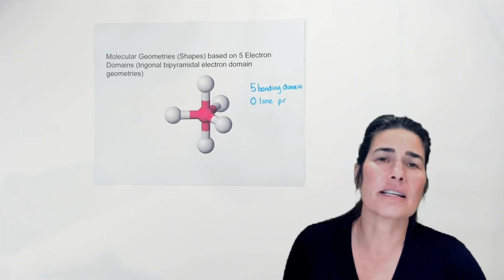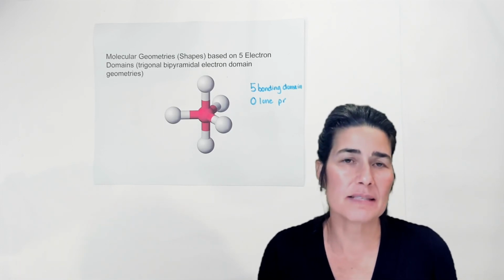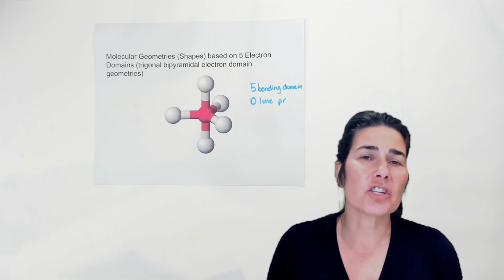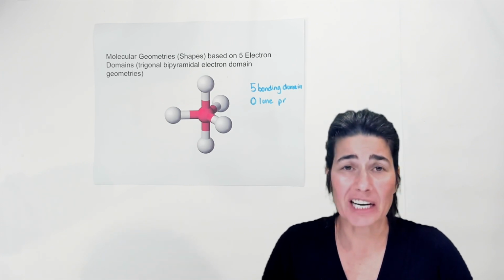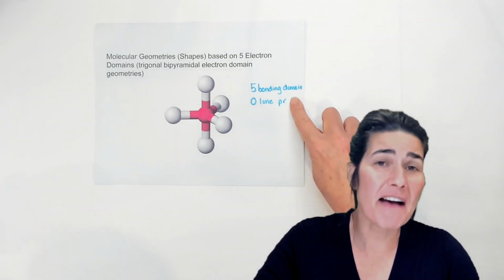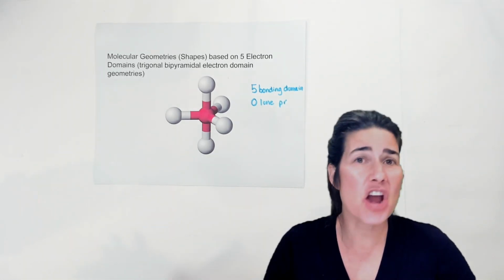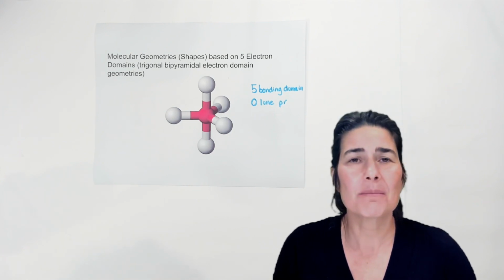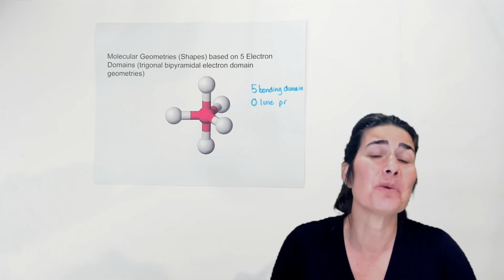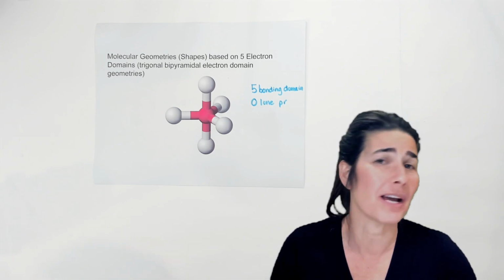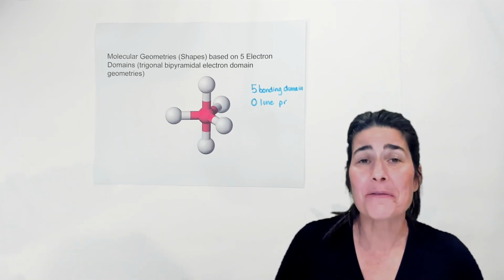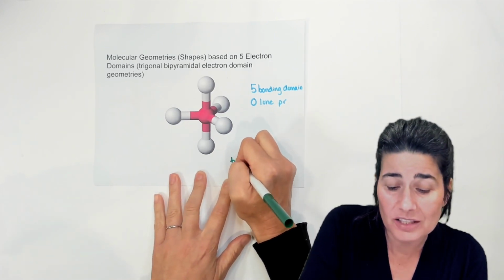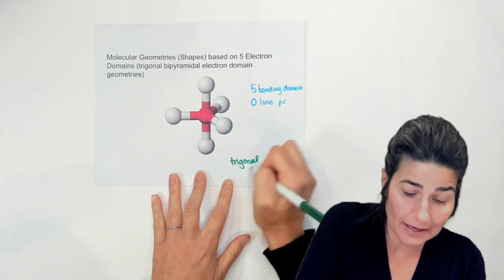All right, let's look at the molecular geometries based on 5 electron domains. So I'm going to start off just with our base geometry. 5 things. We have 5 bonding domains, no lone pairs. Well, whenever we have 0 lone pairs, the molecular geometry is going to match the electron domain geometry. They're the same. So 5 domains gives us a geometry that is called trigonal,